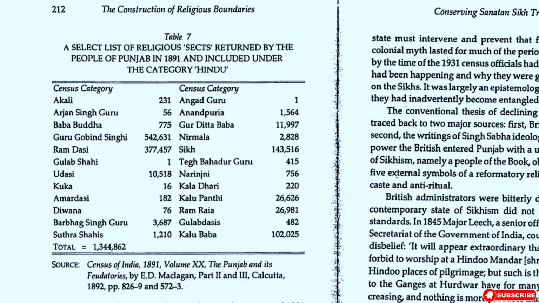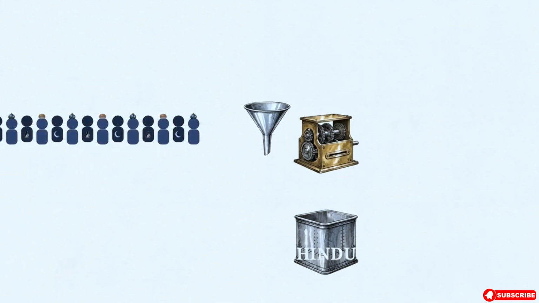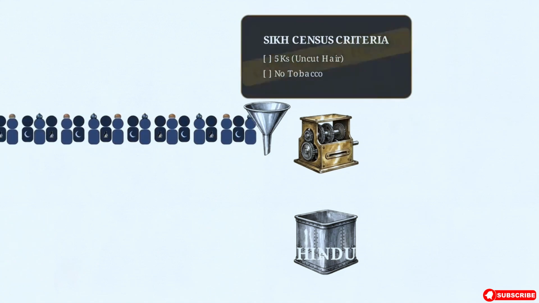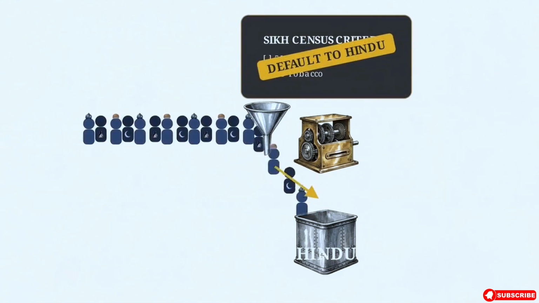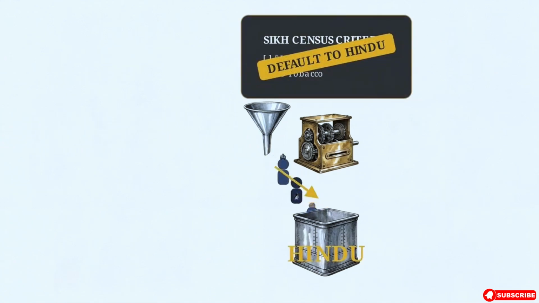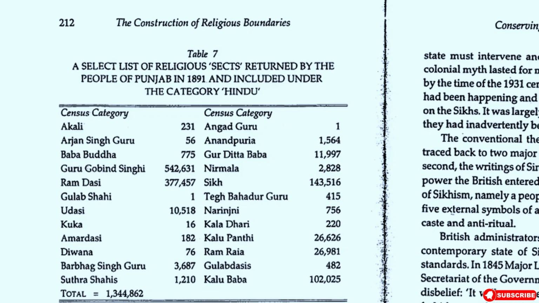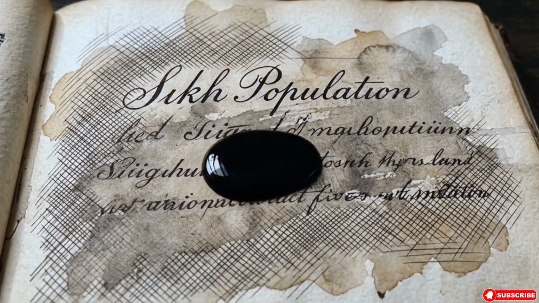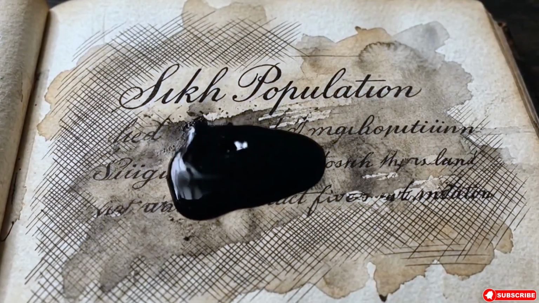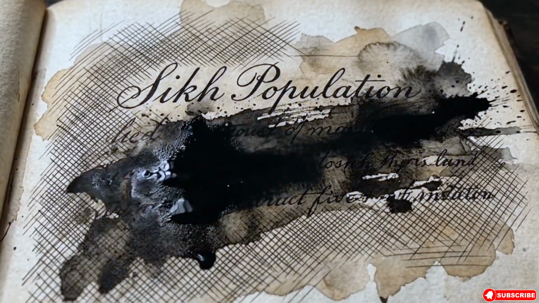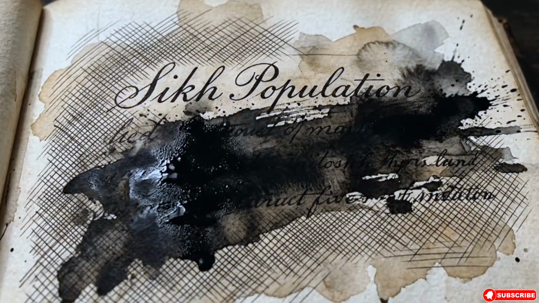rigid rules. Because millions of Sanatan Sikhs occasionally cut their hair or observed regional rituals, the administrative machine categorized them as Hindus. Looking at this data, you can see distinct groups like the Udasi, or the followers of Guru Gobind Singh, being swallowed entirely by the aggregate column for the Hindu category. A clerical requirement for clear demographic categories resulted in the statistical erasure of a significant portion of the Sikh population